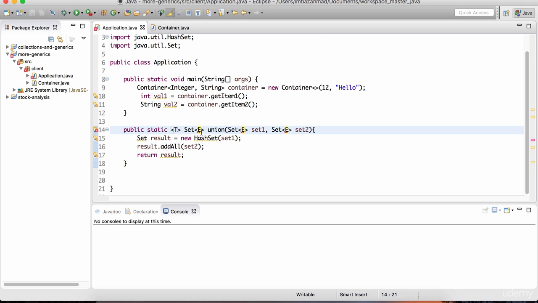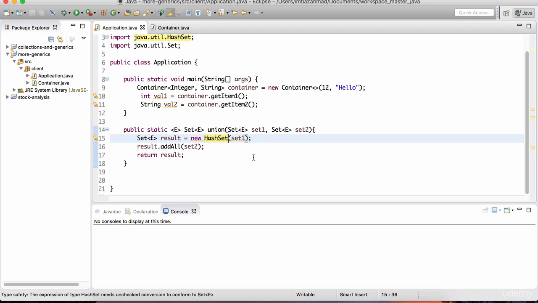It's showing the red squiggly lines underneath these E type parameters. So we have to specify E out here, and think of that as defining that E has a significance inside of this method definition as well as the method body. So the rest is actually very simple. The set that we're referring to here also better utilize the same data type. And of course, when we're defining the hash set, we need to also specify